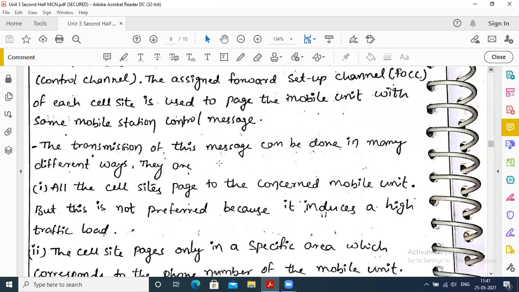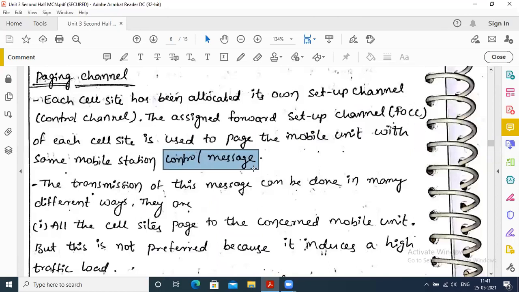It contains some control message to initiate a call. Paging is nothing but sending a message to initiate a call. That is what we call paging. So paging is nothing but sending a control message to establish a call.